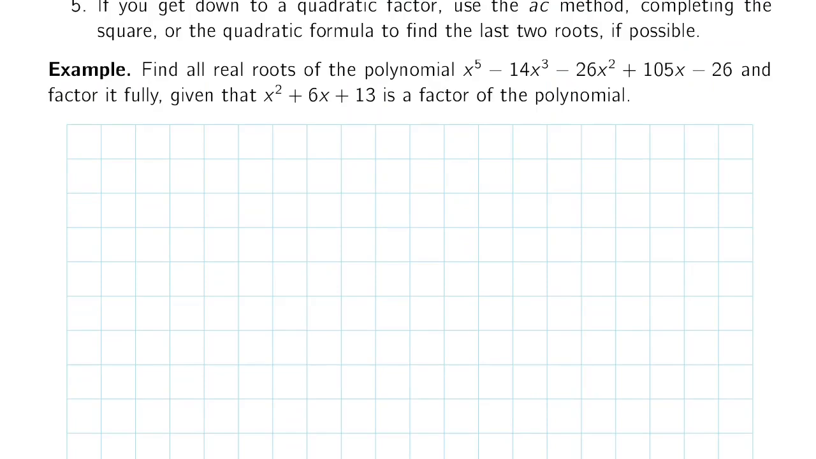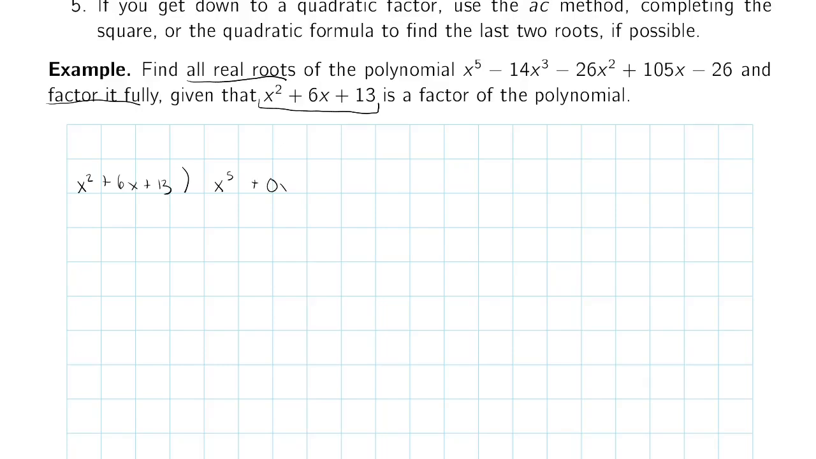Here's a polynomial. We want to find all of its real roots, and we want to factor it fully. And to get us started, we're given that x squared plus 6x plus 13 is a factor. So the first thing we want to do is to divide out our irreducible quadratic factor. So we're going to say x squared plus 6x plus 13. Again, not linear, so we can't use synthetic division. But we'll divide that into x to the fifth